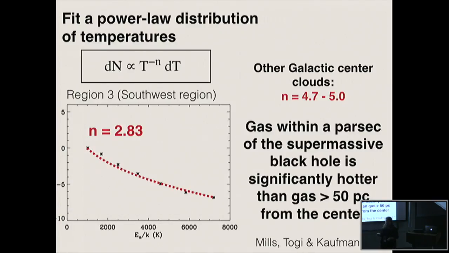So elevated temperatures. So you can ask why, right? So what's going on that's making this gas hotter? So this gas doesn't seem to be radiatively excited. It seems to be collisionally excited. Another interesting thing going on is the line widths in the circumnuclear disk are very broad compared to other regions in the galactic center. So there's been nice work, for example, by Kathryn Immer, who's been showing that there seems to be a correlation between line width and temperature in the galactic center, suggesting that turbulence is the number one thing doing the heating. And so what we're saying here is this seems to be starting to tell us a story